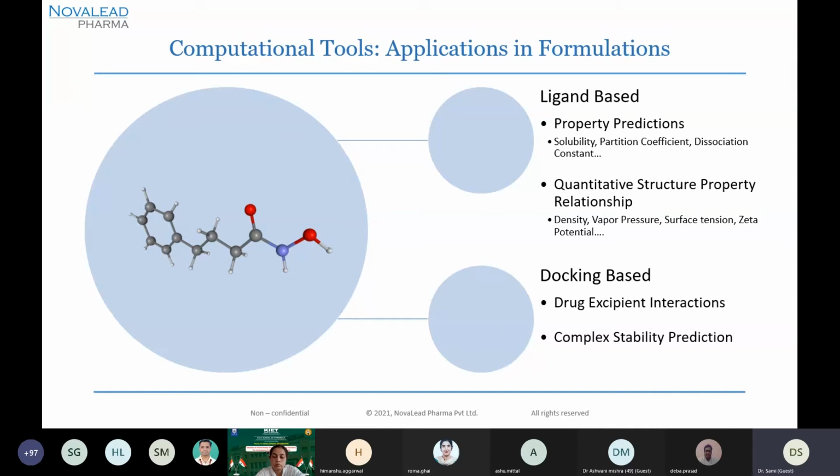See, if you want to study, just one example I'm giving you, similarly also for solubility, similarly also for stability and many other things. But these are all properties, right? So you can take that as a dependent variable and you can correlate it with independent variables, exactly what we do in QSAR. So that's why we have put it under ligand-based method. So predictions, ultimately what we are trying to say is what kind of properties would fine-tune and give you the best possible, most efficacious and most efficient formulated drug product. So applications of QSAR would be very important.